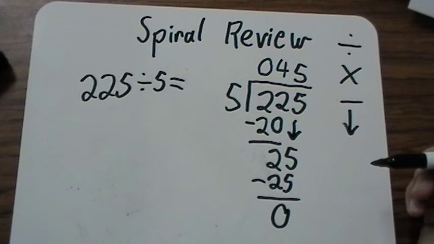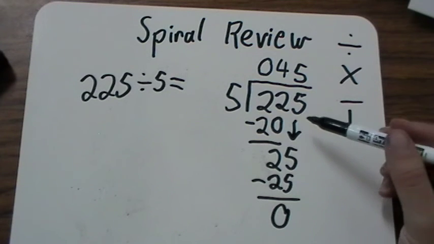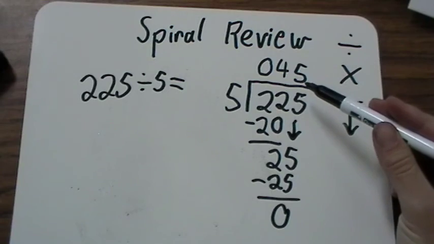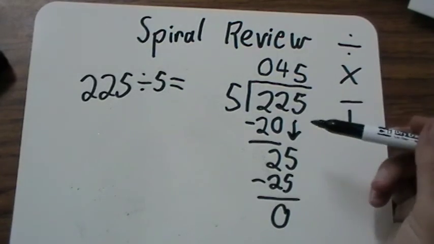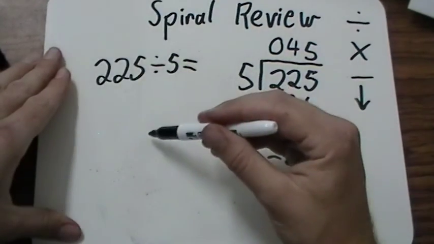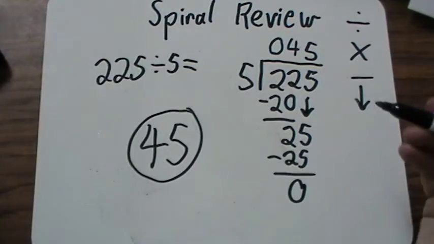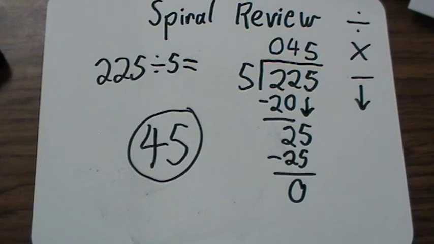Divide, multiply, subtract, and bring down. Is there anything to bring down? No, there's no more numbers over here. So what did I get? My answer is 045. So I'm just going to write my answer as 45. All right, so that is our review of operations, and that's what's going to take you through numbers 1